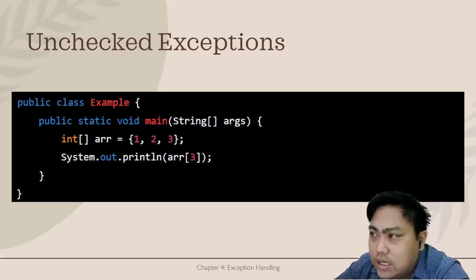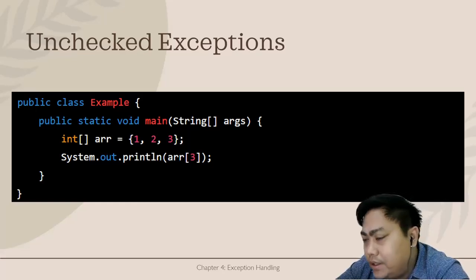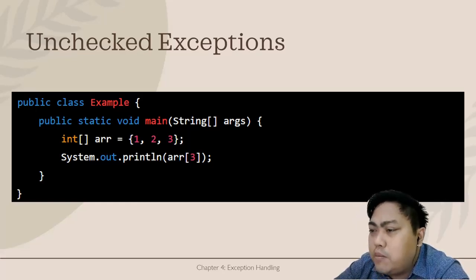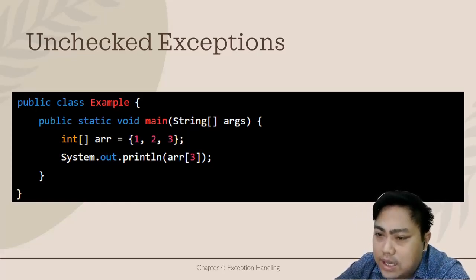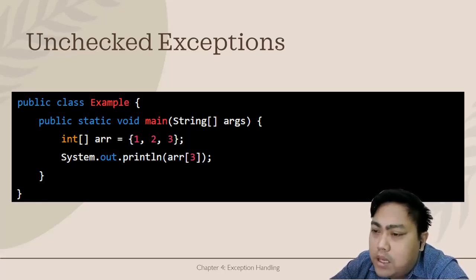So in this code, this will cause an array index out of bounds exception. It is thrown at runtime, which is an example of an unchecked exception. Since unchecked exceptions do not need to be caught or declared, they can make programs more concise and easier to read. However, they can also make a program less robust, since unexpected errors may cause the program to crash or behave